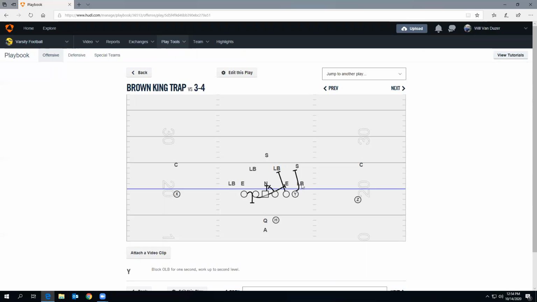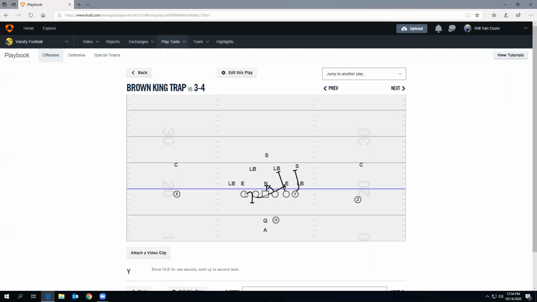You're going to punch him for 1 second before you go up to the next level. We're just trying to hold him off outside. You can't let him cross your face. You have to make him go to the outside, and you're just going to punch for 1 second before you go up, because this guy's not going to make the play, because we're going to kick out inside and run the ball downhill. So make sure you just give a punch and then go up to the second level